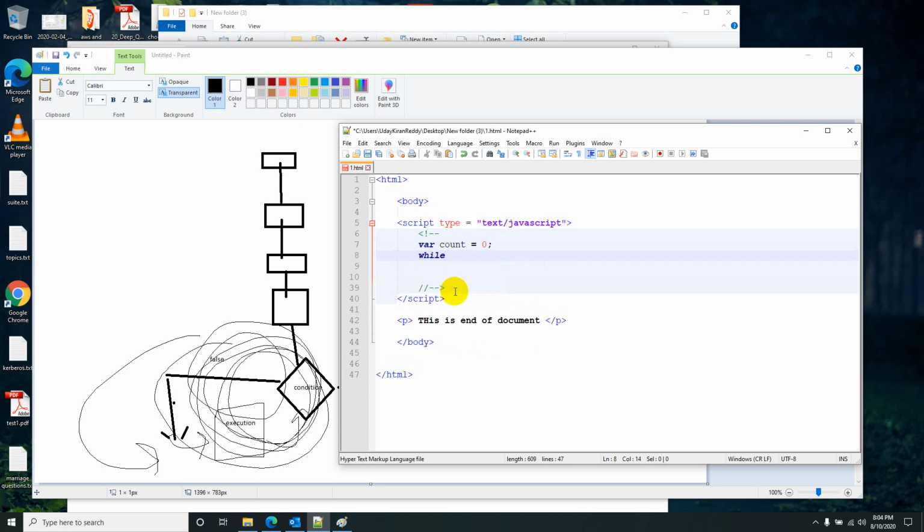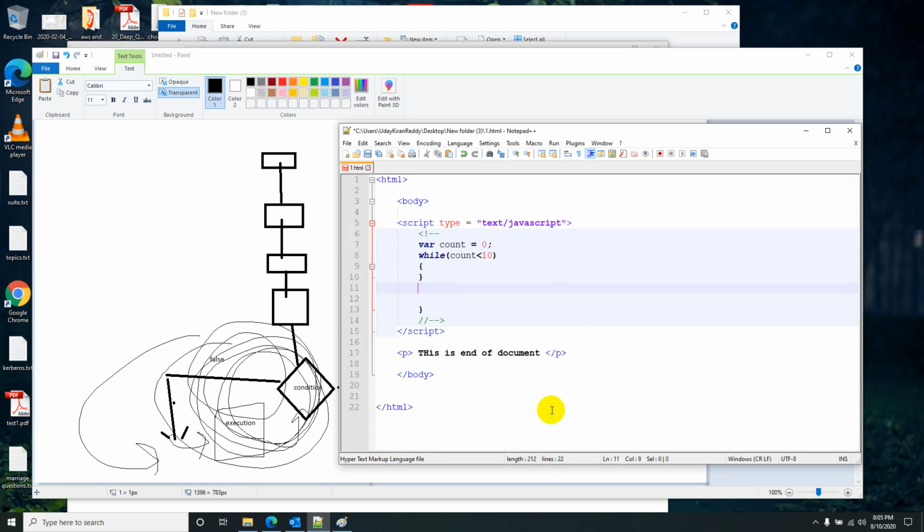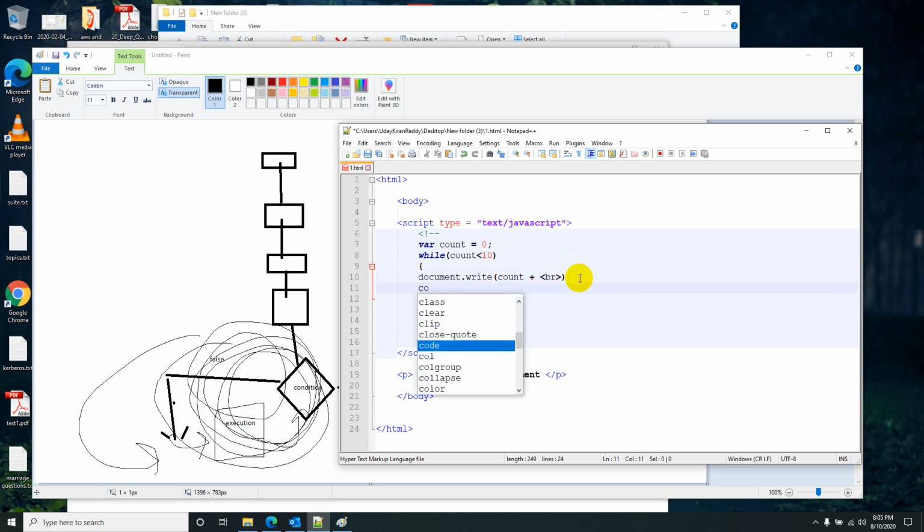Now while this count value is less than 10, if the value is less than 10, I will just print that here. After that, I will just increase that by one.